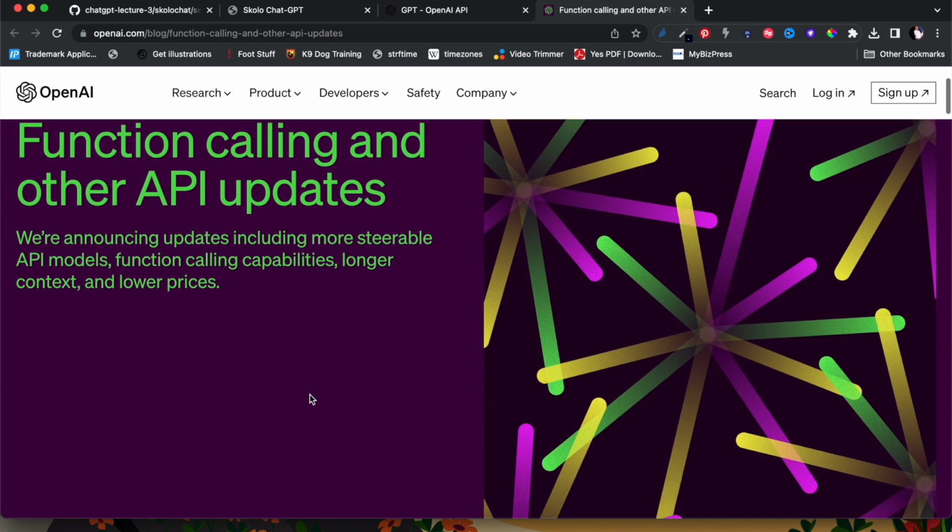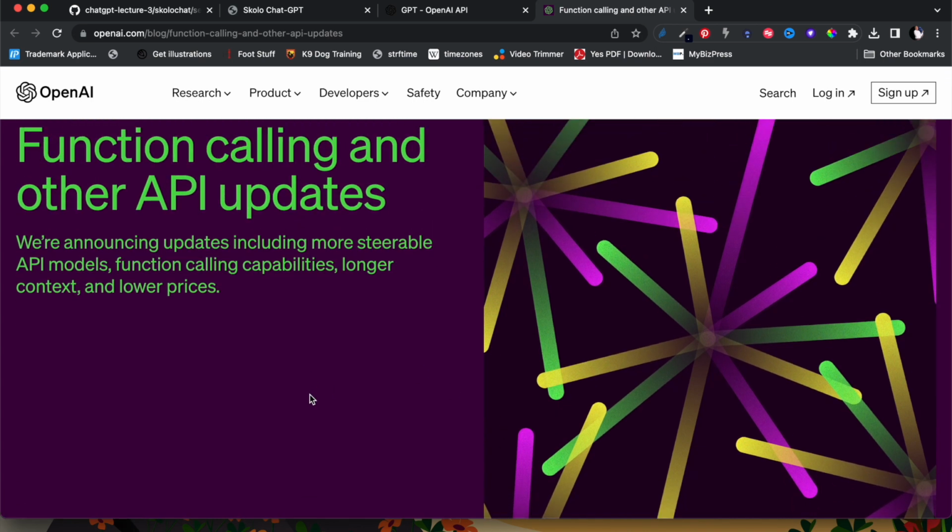But function calling now allows you to define specific functions. So you can say, okay, this is the question that I've got, but if you pick up a certain intent in the question, I want you to organize a response in a JSON format. For example, if you ask it, what is the price of Bitcoin today, you could build in a function that says, if somebody asks about the price of Bitcoin, please extract certain information from that question and output it to me